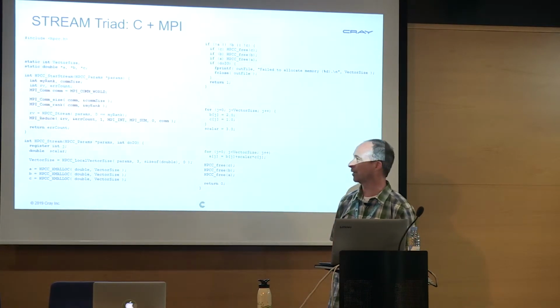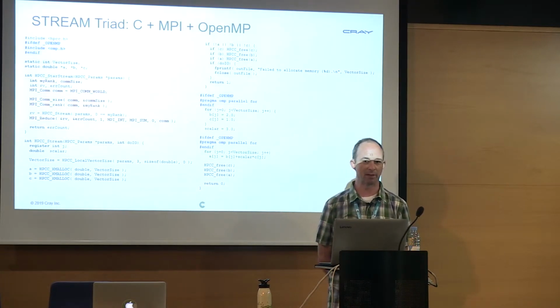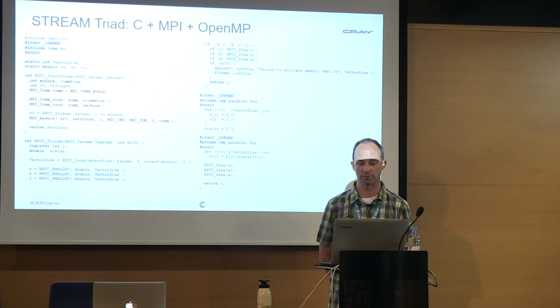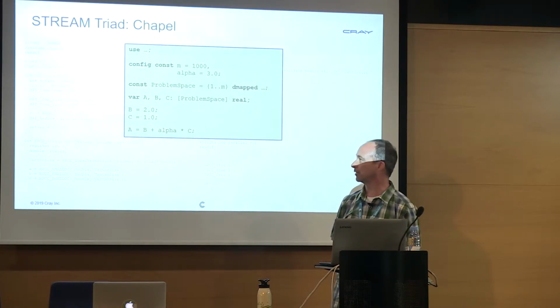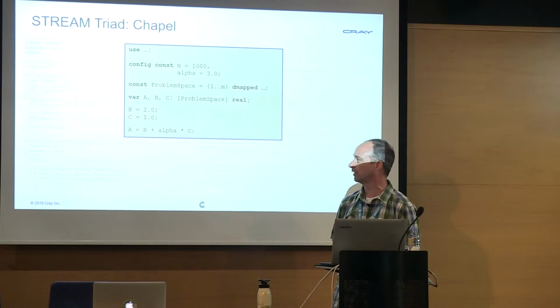Now, if we want to get that hybrid code, we can also mix in some OpenMP, which I'm showing here in blue. So I can annotate my loops and say these loops are parallel, and then I'll get multi-core parallelism in there as well. And this is not a very complicated code. Probably most of us could write it pretty easily. If we look at how this is written in Chapel, this is the computation here. I haven't really left any code out except for a couple of small expressions I'll get to in a second. And you can see it's much shorter and sweeter, and I would hope simpler to understand than the MPI, even if you aren't already a Chapel programmer.